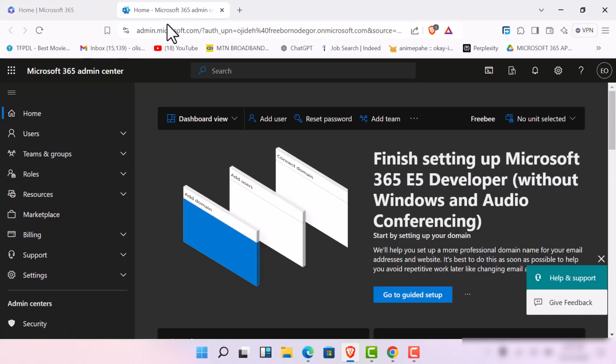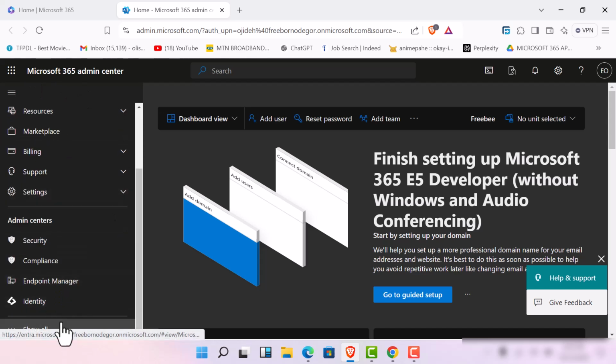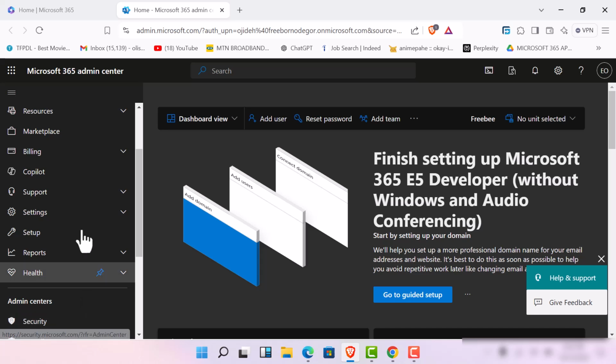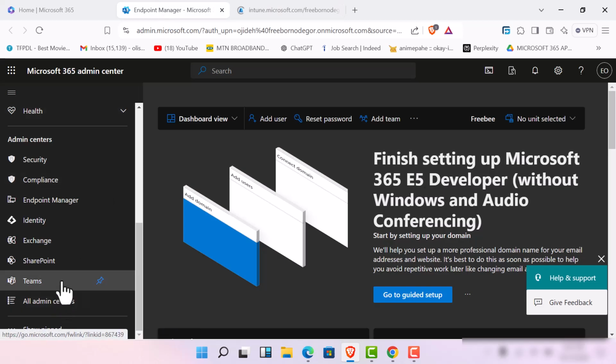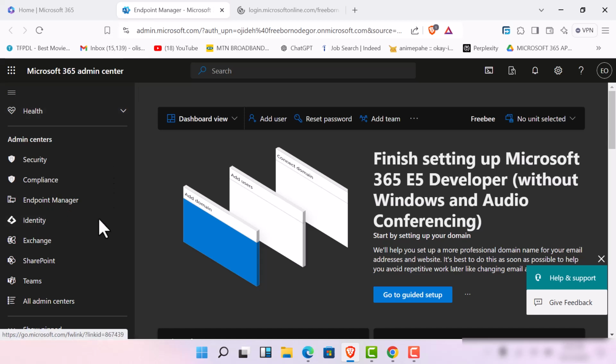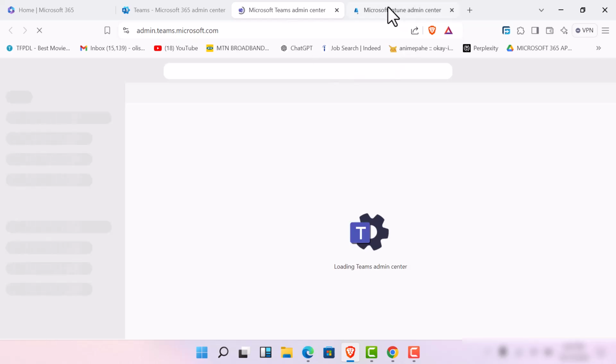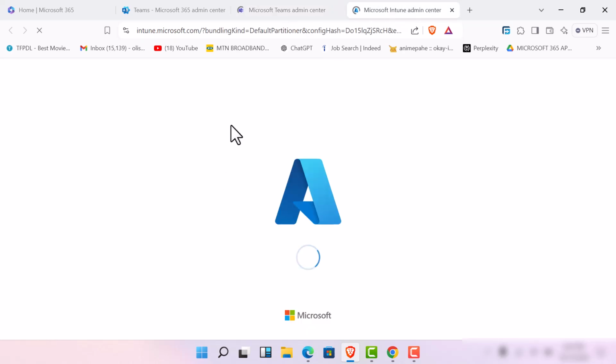So coming over to the Microsoft 365 Admin Center, I scroll down, click on Show All, then I click on both Endpoint Manager and then the Teams Admin Center. Let's click on the Teams Admin Center as well as Endpoint. So while this is loading, before we commence my task,